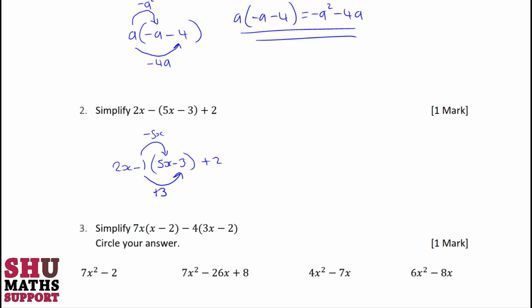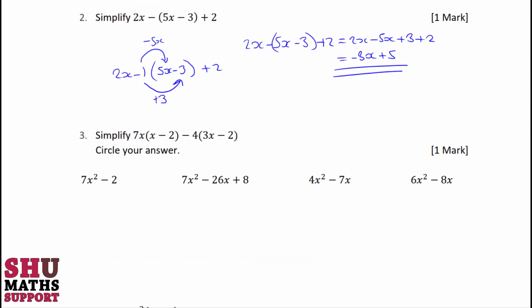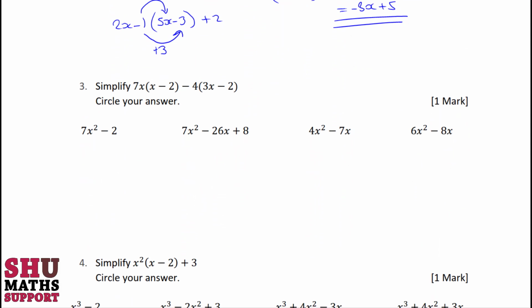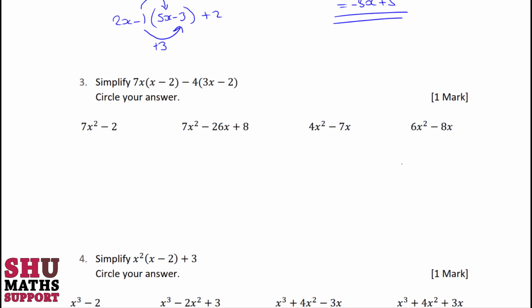And then we can piece this together to give us 2x minus (5x minus 3) plus 2 is equal to 2x minus 5x plus 3 plus 2. And then we can simplify this, as this is equal to minus 3x plus 5. And that's our final answer, so we'll just double underline that. And then we'll move on to the next question, which is a little similar to the one we've just completed, but we have two single brackets this time. So we have 7x times (x minus 2) minus 4 times (3x minus 2), and it's asking us to simplify,